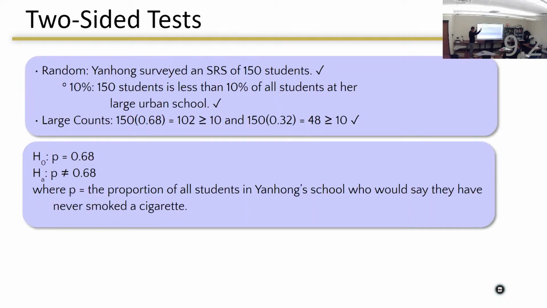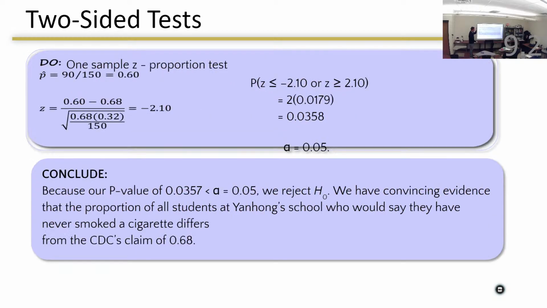Random, large counts, 10%, Ho, Ha, define p. There's the z-score. There's the probability. Notice that they'll write it differently, all kinds of different ways. There's the p-value, 0.03. Alpha's 0.05. Since my p-value is less than alpha, I'm going to reject it. There is enough evidence to suggest, and I don't even know what that question dealt